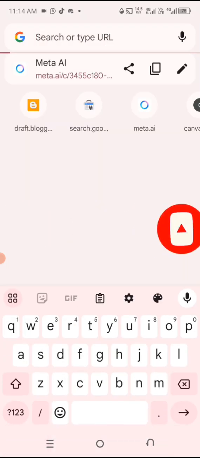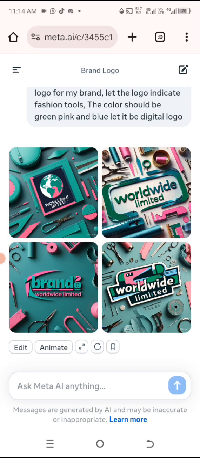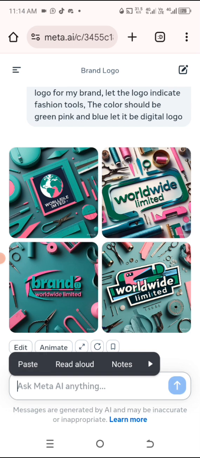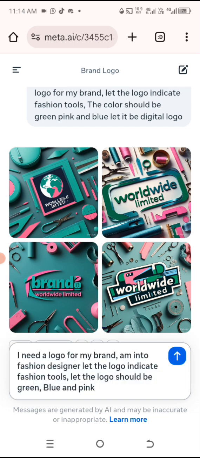So go to meta.ai. You see, I pray the network should be okay. So see what we need. Look at what I just generated before I left for WhatsApp. I need a logo for my brand. Don't forget the one we copied the other time. I'm into fashion designing. Let the logo indicate fashion tools. Let the logo be green. Now for my brand,